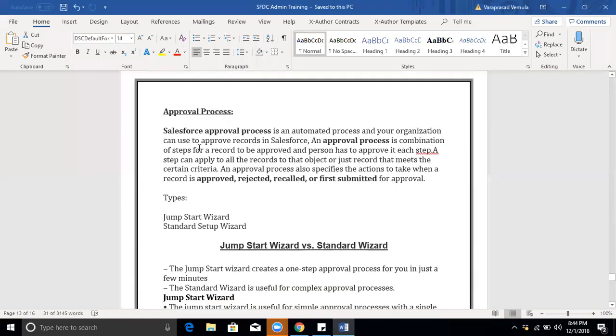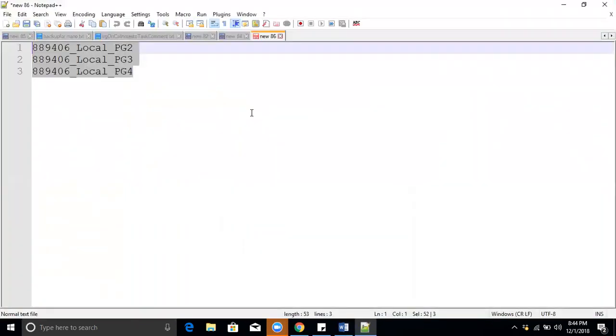Generally, approval process is also a form of automation. For example, once we are creating a Salesforce record, I will show you. Our requirement is like this: a student is paying a very small amount. For example, he needs to pay a minimum of more than 5,000 rupees to join the school, but he is paying below 5,000 rupees.